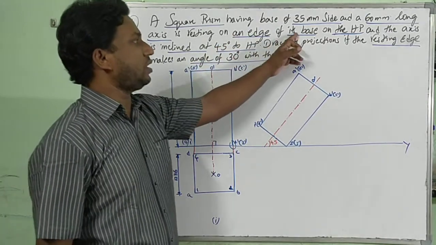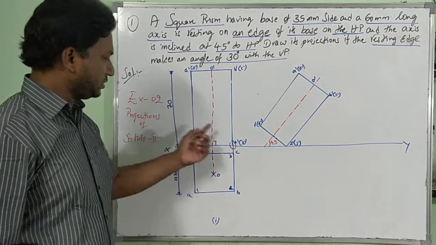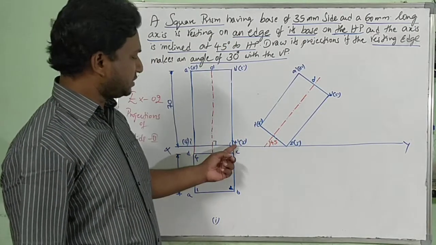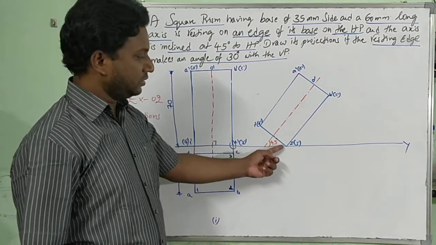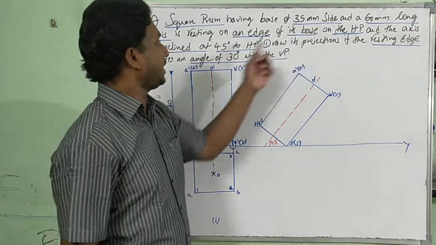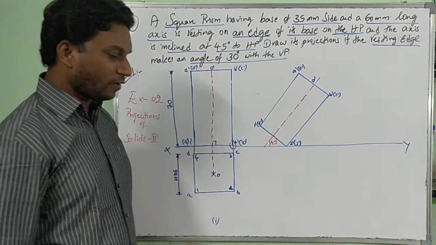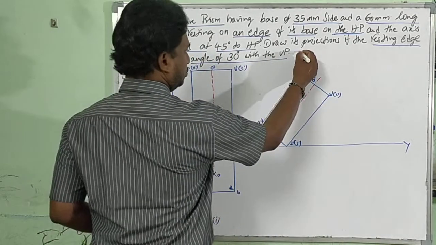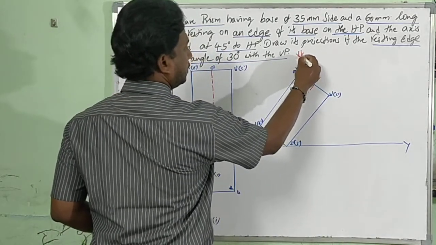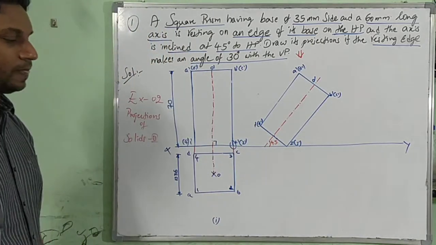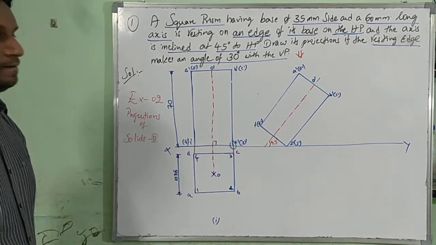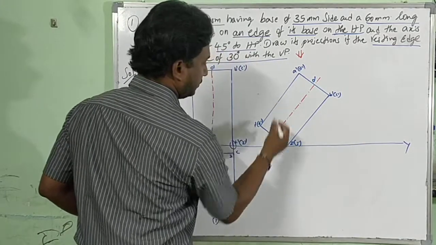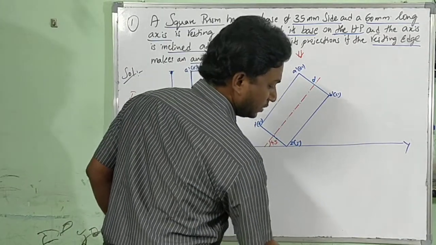Resting on an edge of its base. Base is 1, 2, 3, 4. On that edge, one edge is 2 dash, 3 dash. 2 dash, 3 dash is resting. And the axis is inclined at the angle of 45 degrees. Here, now from this we are supposed to draw its top view. Oh, this place is not enough. I will try. Now from this, what I am supposed to do is draw